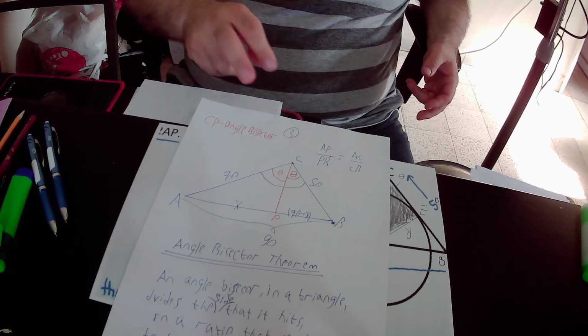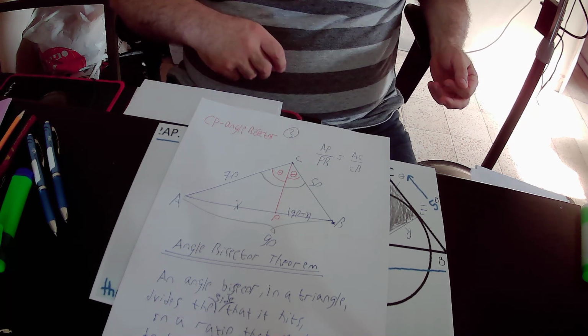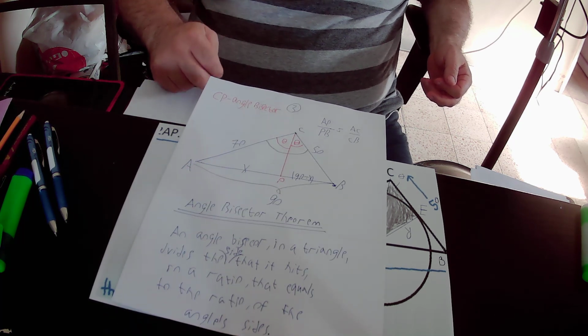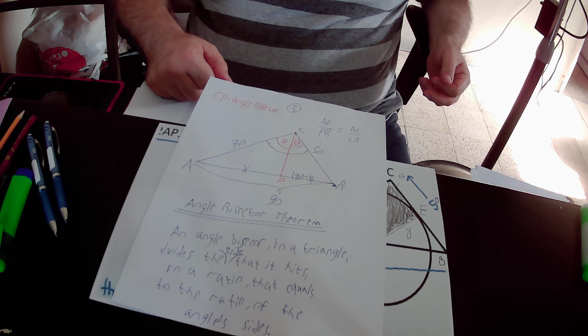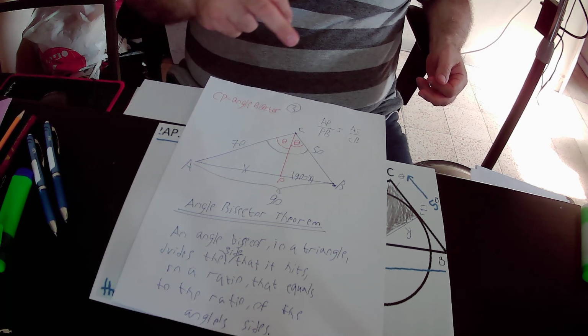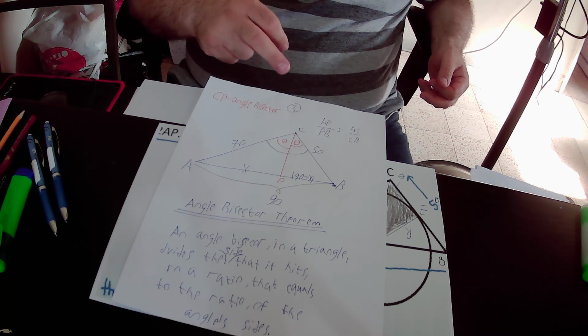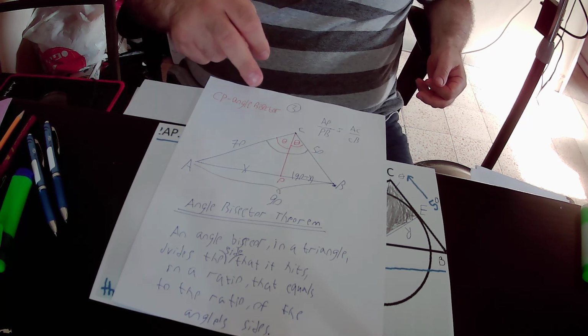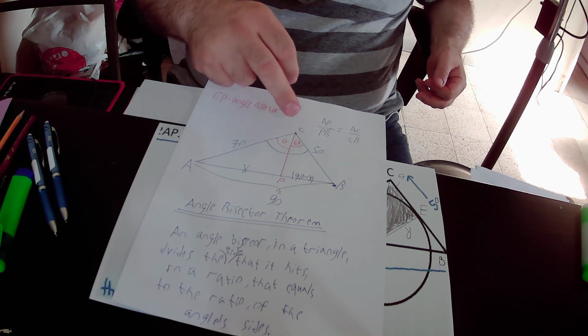So for this reason CP is an angle bisector, and according to the angle bisector theorem, an angle bisector, that is to say CP, in triangle ABC divides the side that it hits,